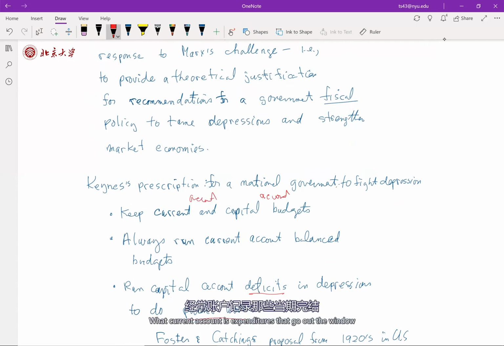Current account is expenditures that go out the window and don't generate any future revenues or future capital-like things. Capital account is public works projects, dams, roads, airports, ports that generate physical capital and prospective revenues like tolls and fees for using them. So we said keep two budgets, and